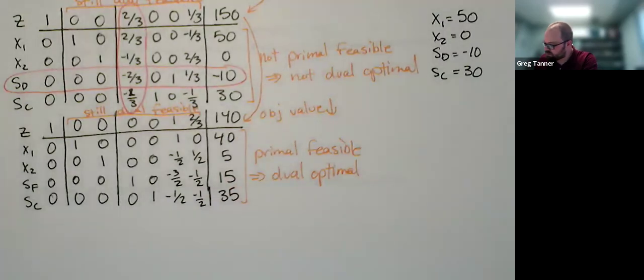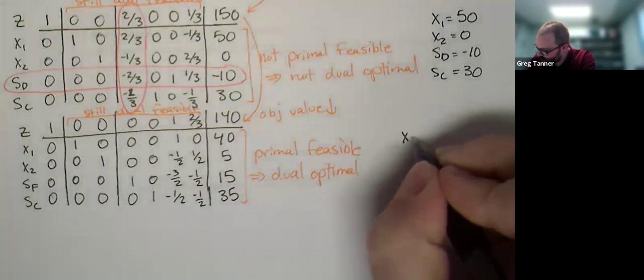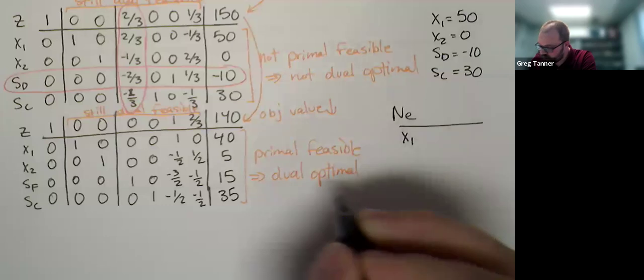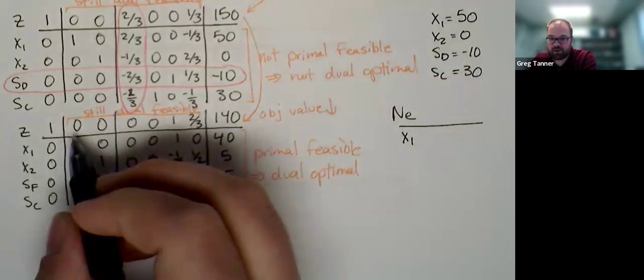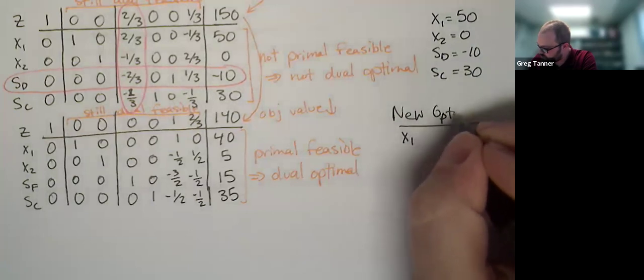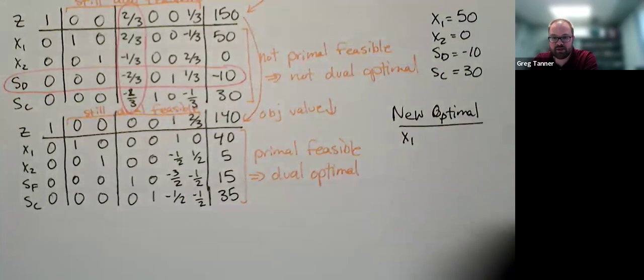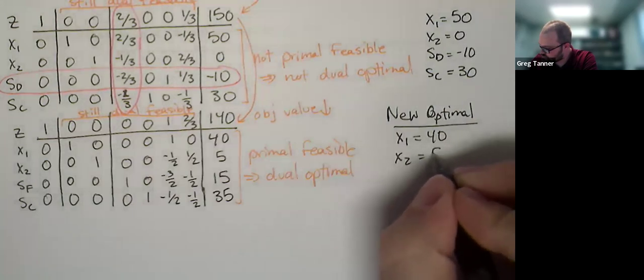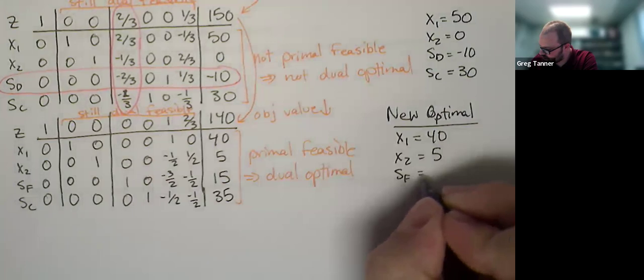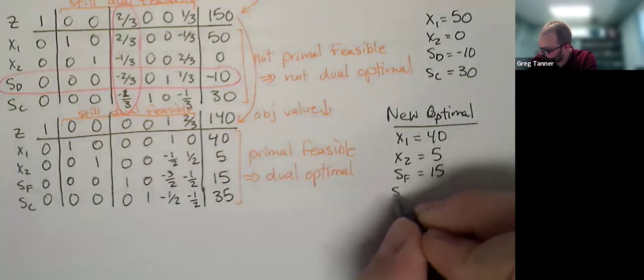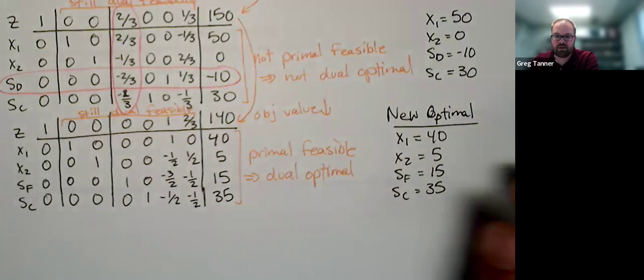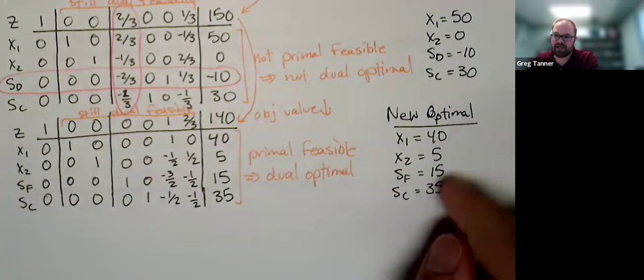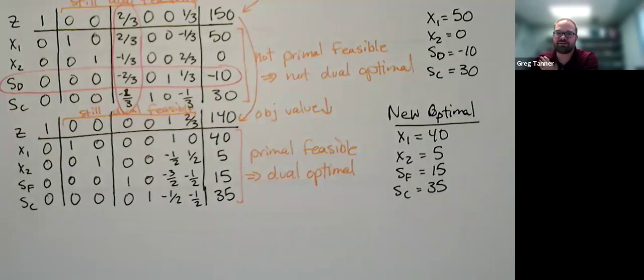Okay, the new optimal solution, we have X1. So since we're primal feasible and primal optimal, this is our new optimal solution. We don't have to do any more steps of the dual simplex method. Our new optimal solution is X1 equals 40, X2 equals 5. We've got slack for finishing of 15 hours, and we've got slack for carpentry of 35 hours. And so we're sort of underutilizing our labor, and that's a typical result of supply chain disruptions, is that if you don't now have enough materials, then you're going to have some